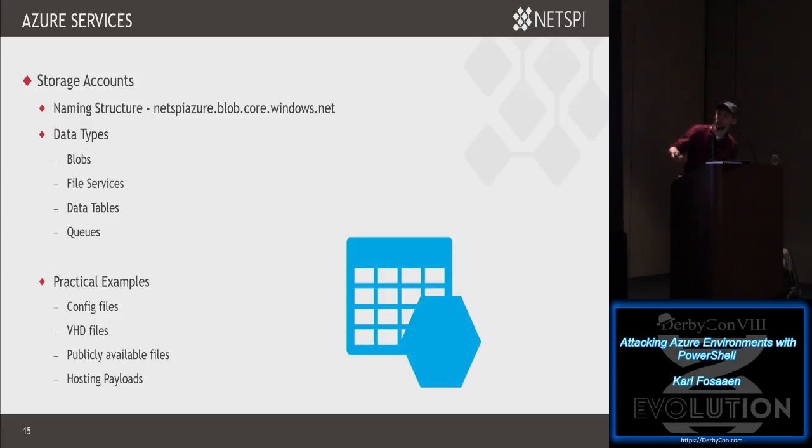what we're going to see here for the naming structure is NetSpy Azure.blob.core.windows.net. That's the storage account name. So NetSpy Azure is what we name the storage account. Blob.core.windows.net is the URL to access the rest of it. Then you have folder structures behind that that cover the containers. We'll talk a little bit more about that when we talk about the enumeration, but